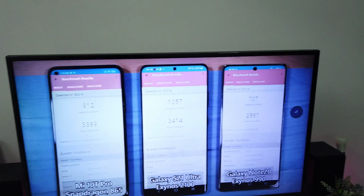So ViewSonic has sent in this projector just in time for me to experience something different from what I usually use to enjoy all my YouTube content on. So I removed the TV and set up this projector over there. Now, before I talk about the setup process, I must talk about what kind of things you can expect from